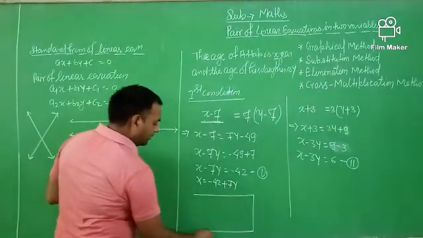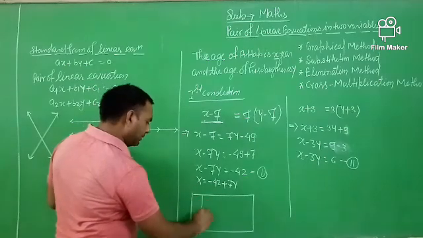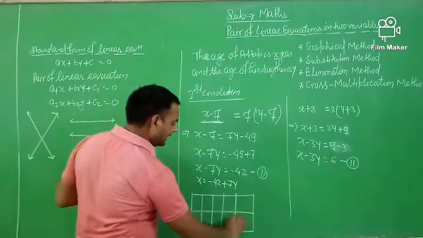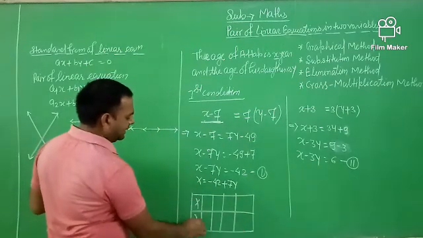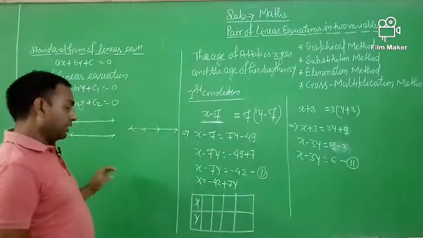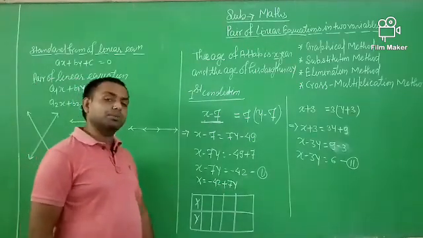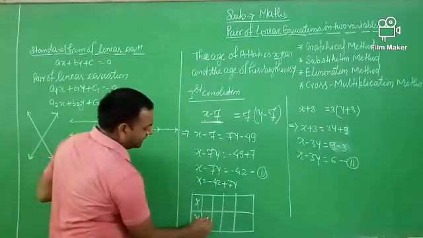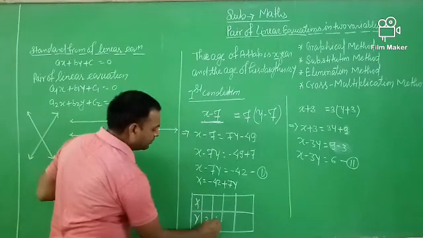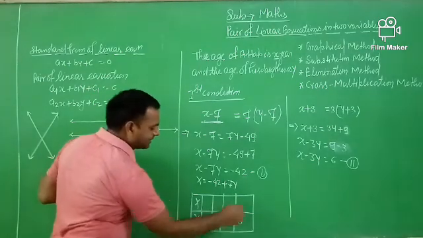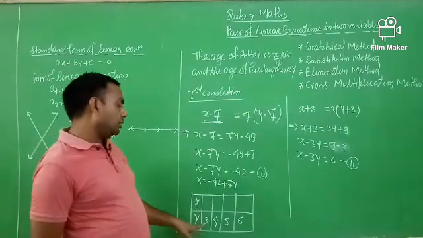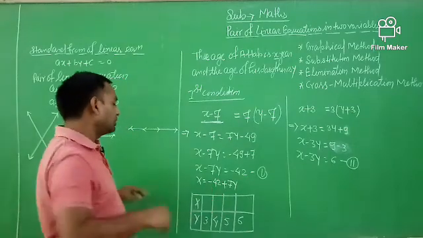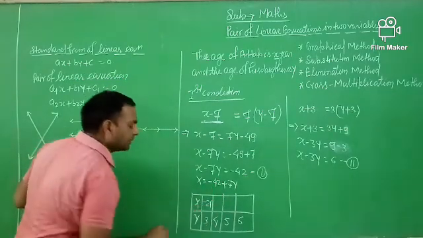Then you find the value of x and y for the various cases. You can take minimum 3 cases of x and y. Here is x, another is y. I just want to find the value of x, so you put in the value of y. Here if I put the value of y as 3, 4, 5 and 6, then y is equal to 3: 7 3s are 21, plus 21 and minus 42, so it is equal to minus 21.